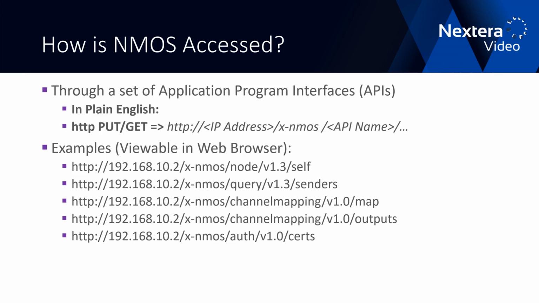So how is NMOS accessed? Say you want to look at this. Well, it's actually really easy. You can look at it on your own web browser, Google Chrome, Safari, whatever you want. It's just an HTTP link. So it's an API. You can go onto Chrome and say, okay,